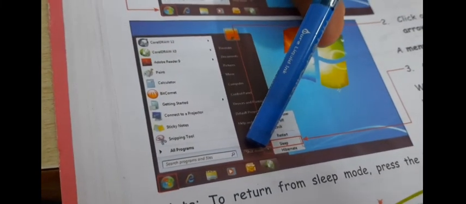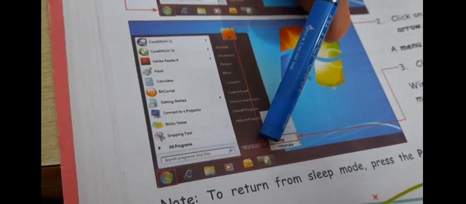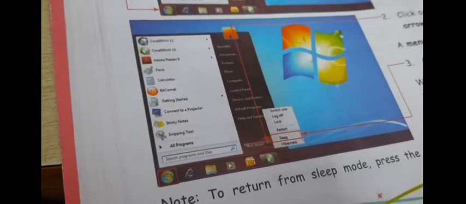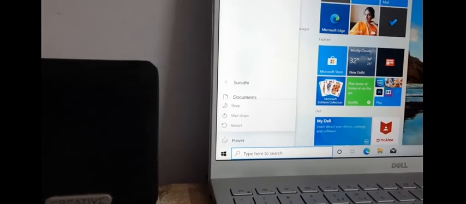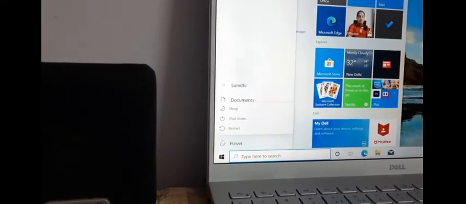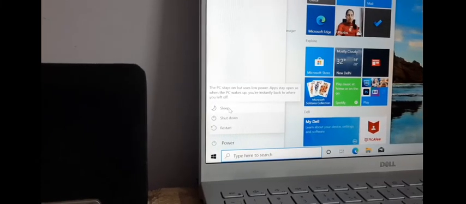And here there is a button of shut down. After that, there is one arrow. When you click on this arrow, you will get some options. From that options, you will choose sleep because you want to put your computer on sleep mode. So you will just click on that sleep mode. When you click on that sleep mode, you can see my computer automatically go to sleep mode.